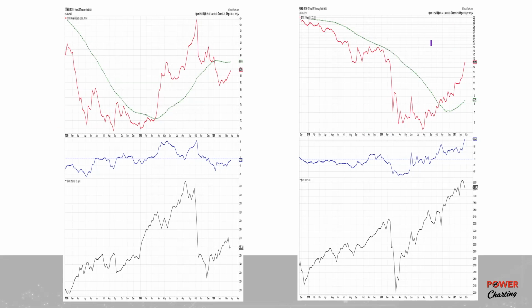And I think it's the rate of rise of interest rates that is difficult for the market to deal with. Stocks struggle with rates that are going up quickly. If they go up in a meandering way, the market can digest that much more easily than rates that are going up very stiffly. That's the reason I put the rate of change on interest rates in the chart, because I want to see how quickly rates are rising